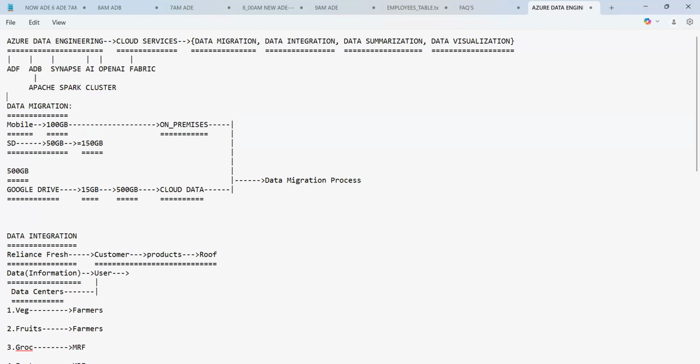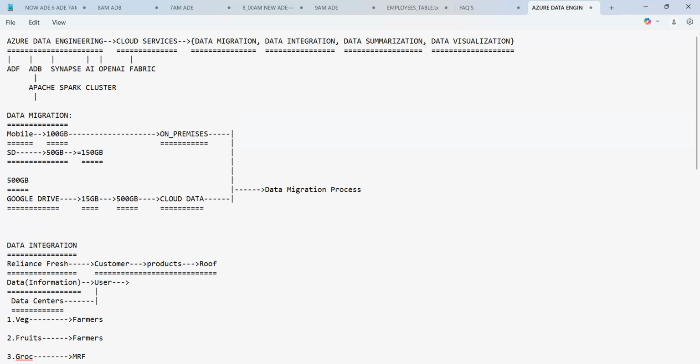Using this Apache Spark cluster, we can process millions and trillions of records within a couple of seconds. We can do it very fast, hence we call it Azure Databricks, using Databricks in Azure. We are going to use it with a language called PySpark. Okay. Then Synapse. What is Synapse, guys?